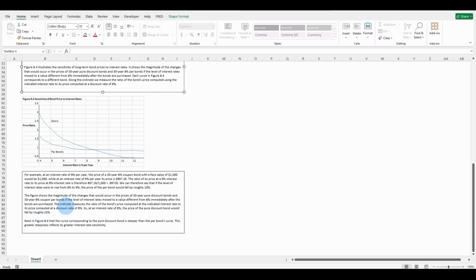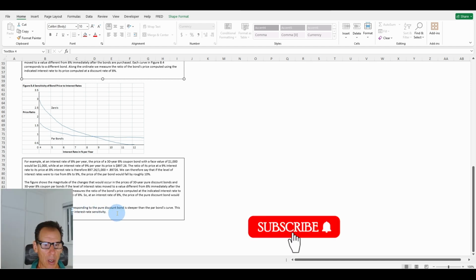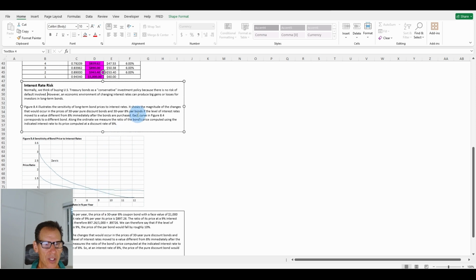That's why there are a lot of tools out there, hedging tools, that will protect investors. But nonetheless, if you're going to play this fixed income game, expect volatility. And we'll get into that later. But for now, just an introduction as to what this curve is all about. Note in Figure 8.4 that the curve corresponding to the pure discount bond is steeper than the par bond's curve. This greater steepness reflects its greater interest rate sensitivity. And that's the key word when you're doing fixed income,